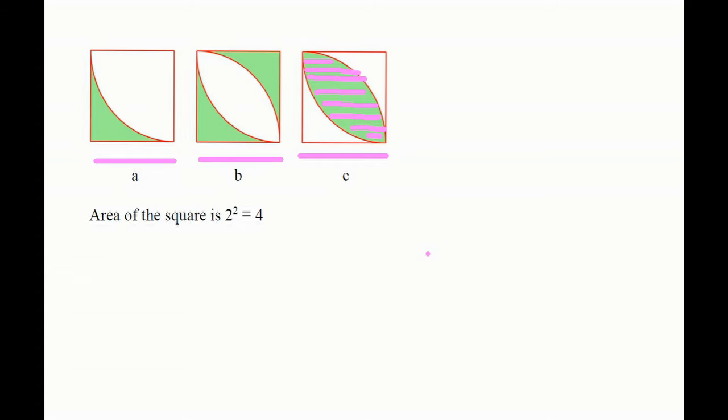Let's erase all my drawings. So first I need to find the area of this square. According to the question, this square is a 2 by 2 square, and the area of the square has to be 2 times 2, or 2 squared, which is equal to 4. Then